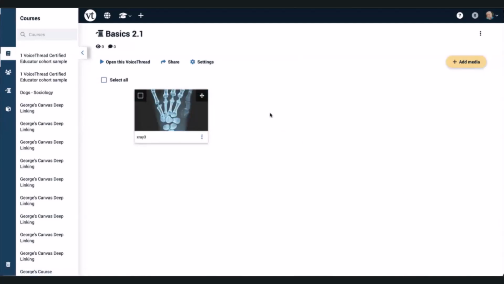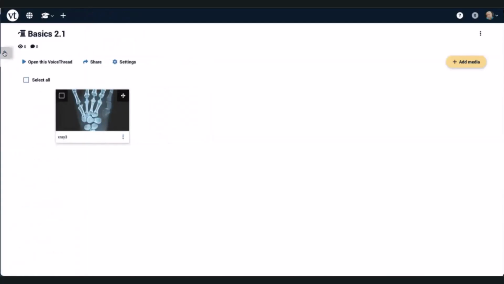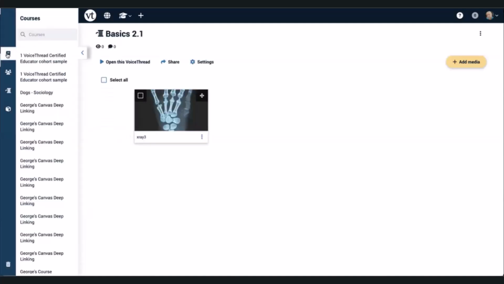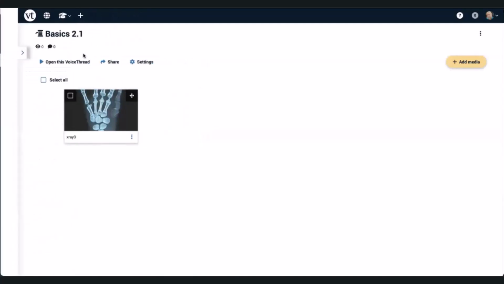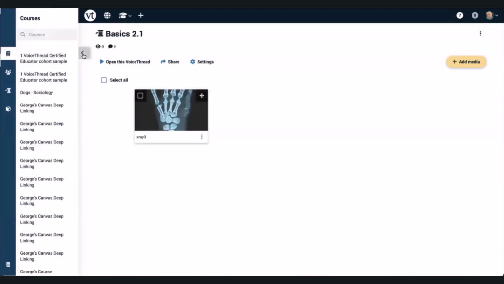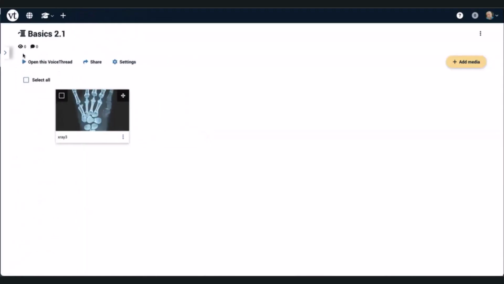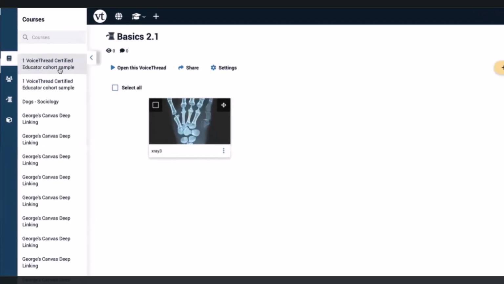So let's get into the group creation process. All right, so on the left-hand side of your homepage, there's a groups and courses panel. For some of you, it may be collapsed. There's a little chevron tab in the left side. So it may be collapsed or it may be open depending on what your last action was, but you can always close or open it as you like just by clicking on that chevron.